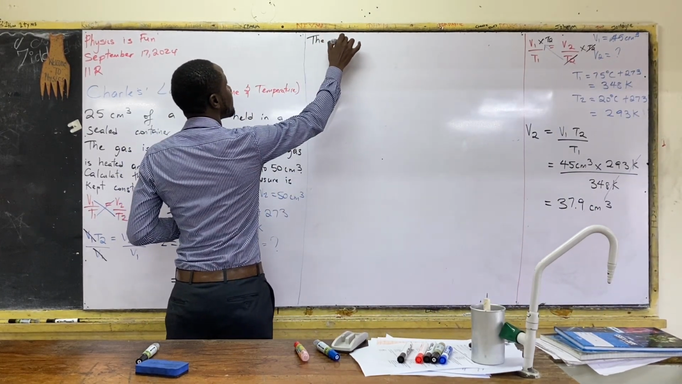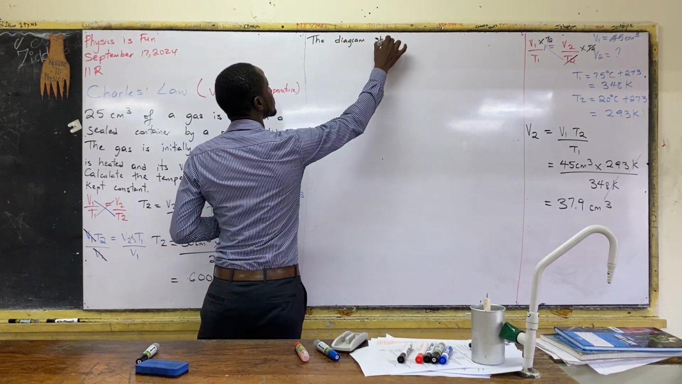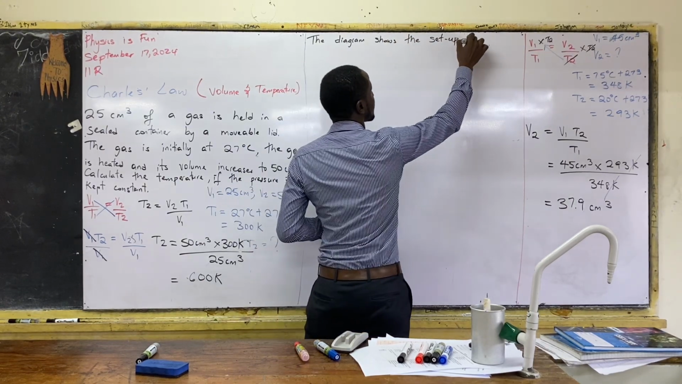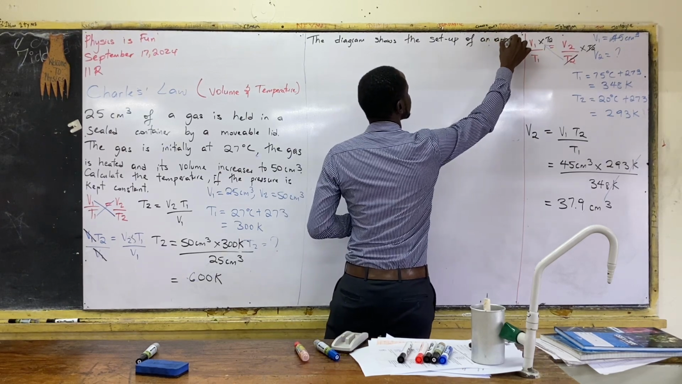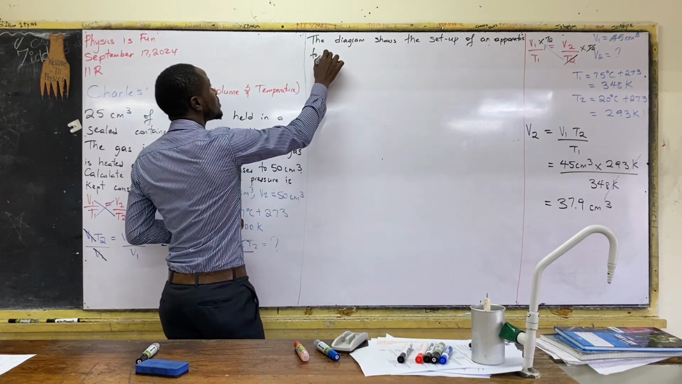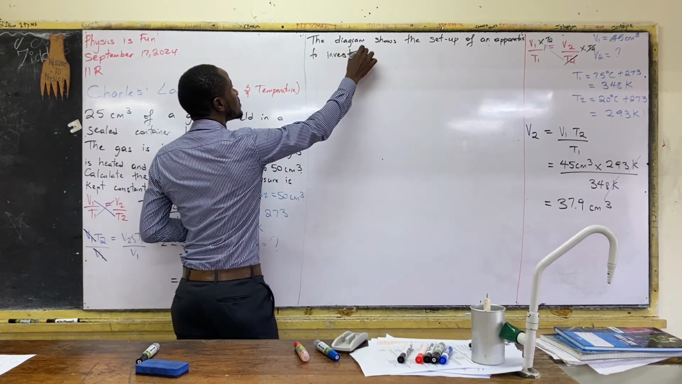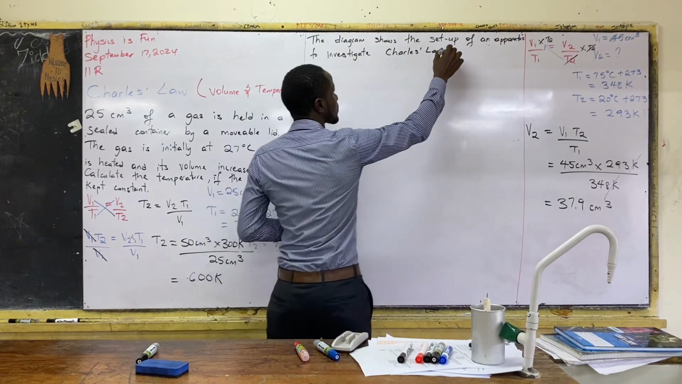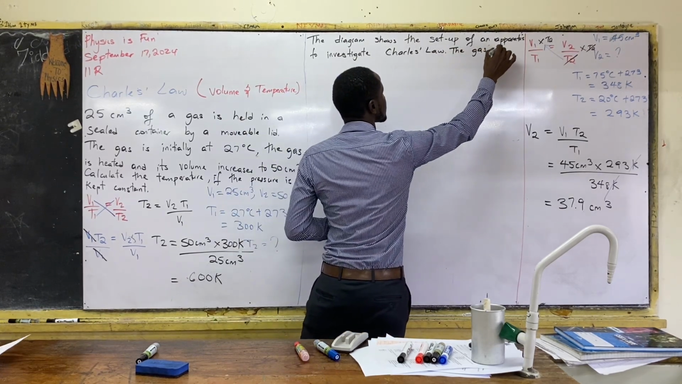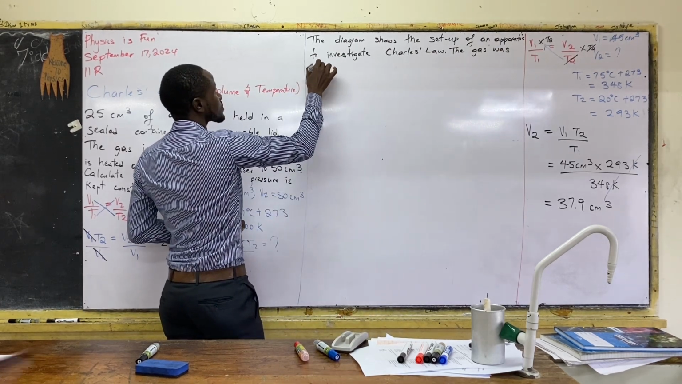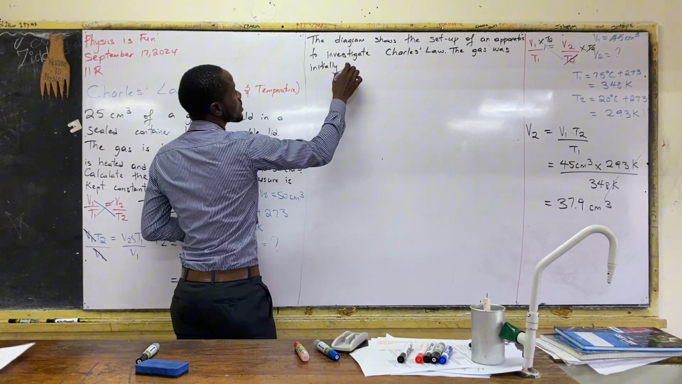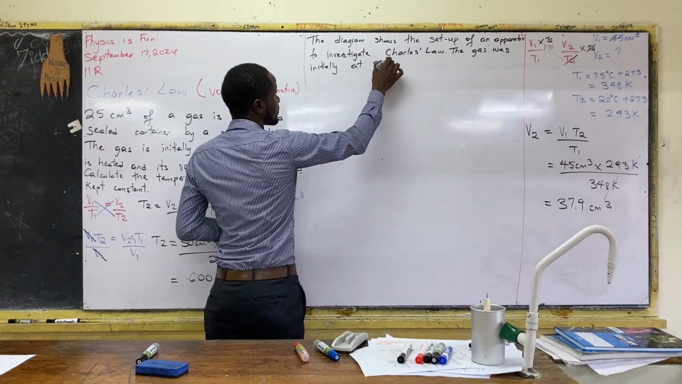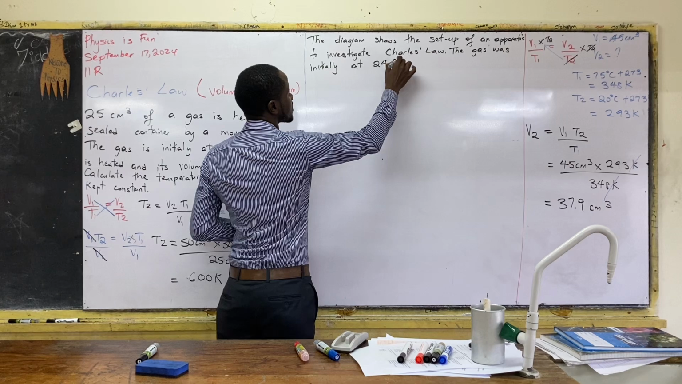All right, so the diagram shows the setup. Listen up, students. The setup of an apparatus to investigate Charles' law. The gas was initially at 25, and let's use 24 degrees Celsius,